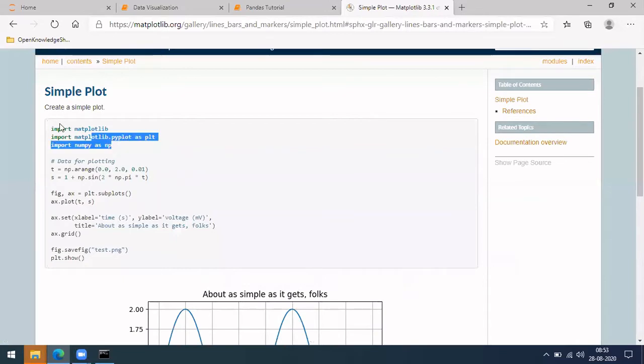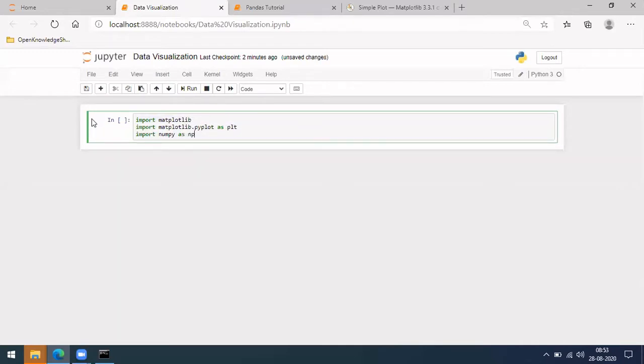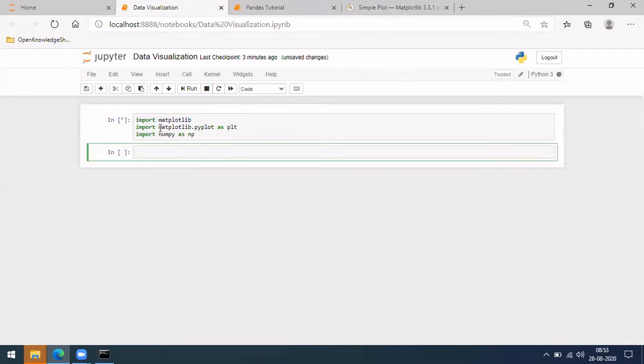Okay, so let me take the code. For importing, we are doing two imports: matplotlib.pyplot as plt, and he's also importing NumPy just for data purposes, to generate and handle data.